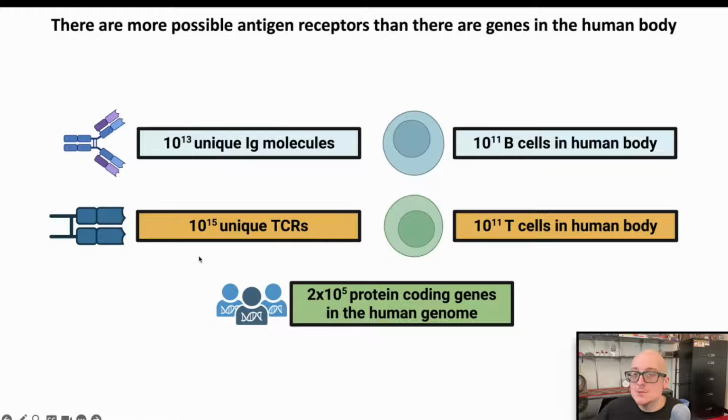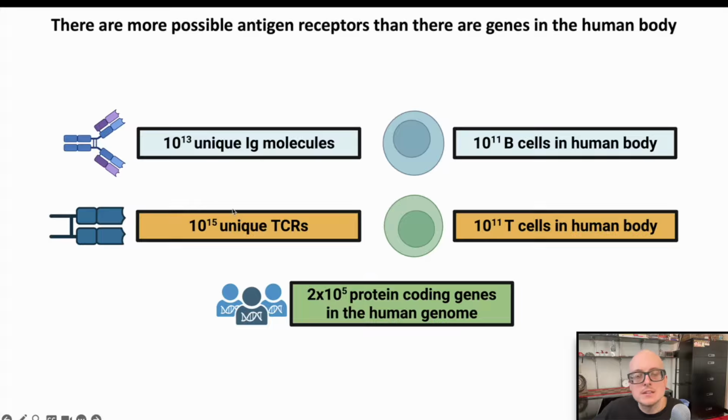For T cells, that number is even higher, believe it or not. It's predicted that we can generate up to 10 to the 15th unique T cell receptors, and some estimates are even higher than this. And again, this number is higher than the rough estimation of the number of T cells in the human body. And as I mentioned on the last slide, if you look at these numbers, they are